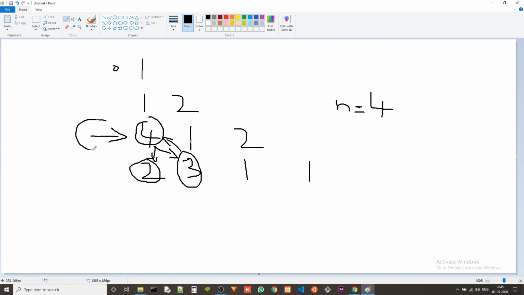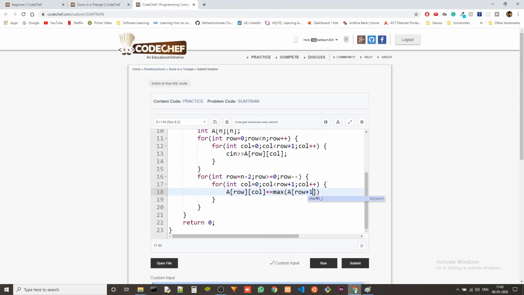because here we are starting at this row but we are looking at elements of the next row, right? So this is the first row which is indexed as 0, this is indexed as 1, and this is indexed as 2. When we are at the third row, we are looking at the next row which is the fourth row, right? That's why we are using the row plus 1 index.